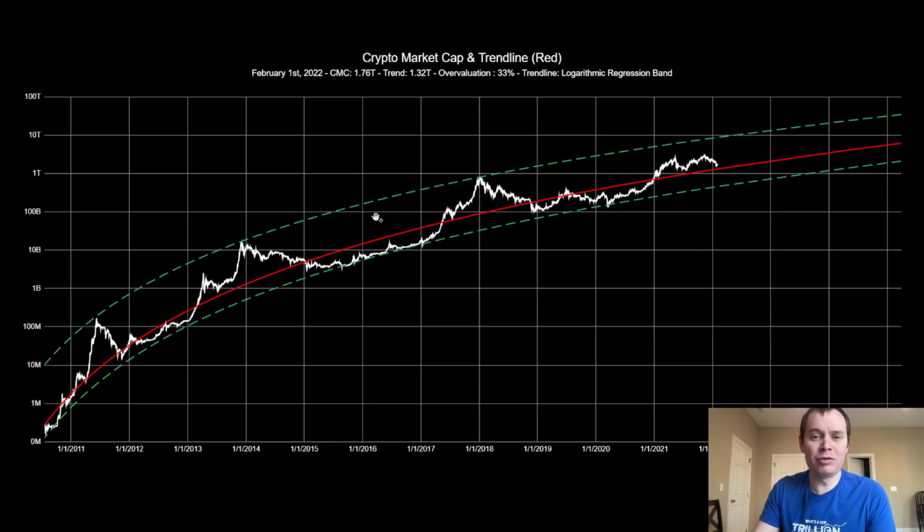But the actual value of the asset class as a whole, the actual market capitalization, goes through periods of overvaluation and undervaluation. And historically, the undervaluation areas are the best time to buy. The overvaluation areas, it doesn't mean that you need to sell it when it's in the overvaluation area, but as you get up into the upper region, you should expect that it will not be sustainable. And the closer you get to that region, the likelihood goes up that it will come back down.